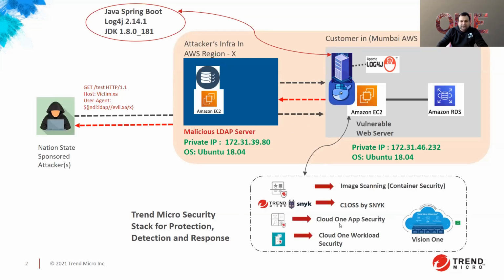These are some of the products which are going to help in detecting, responding, and protecting from exploiting this vulnerability. At the top, you can see your image scanning, container security. We have detections available in container security as well. The containerized image could be scanned by container security, which will show you that this vulnerability exists. With the help of admission controller, you can stop deploying that vulnerable image so that it doesn't run in your production environment.